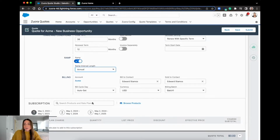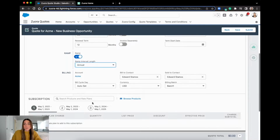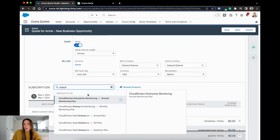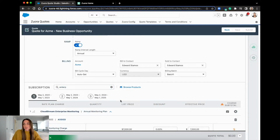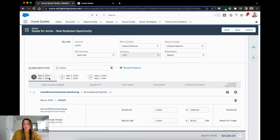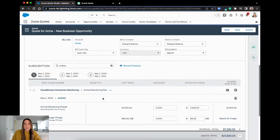I mentioned CloudStream offers both hardware and software solutions. So we're going to start by adding our enterprise monitoring plan. Again, all without leaving this single quoting screen. I'm able to quickly search for the plan with a few keywords and find the annual monitoring plan and add it to the quote. And since this is a ramp deal, you can see there are 3 different annual ramp